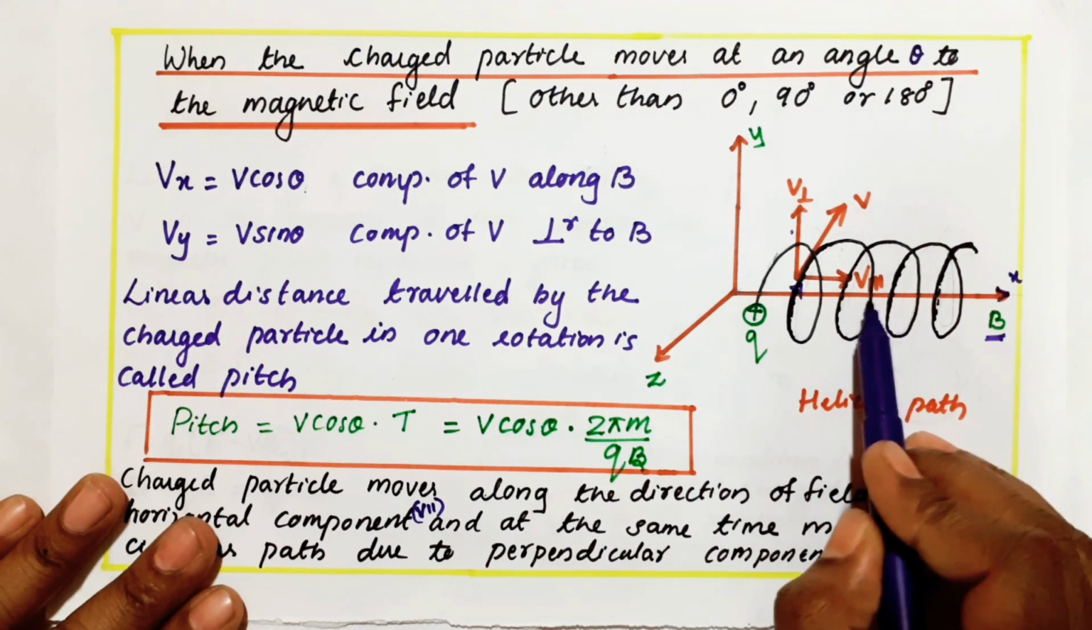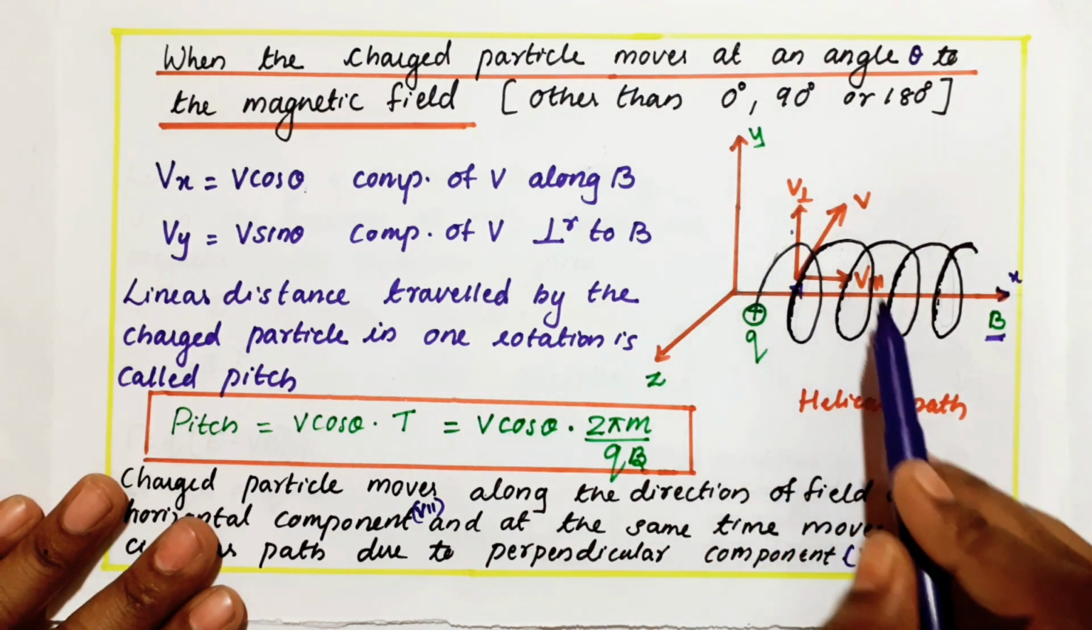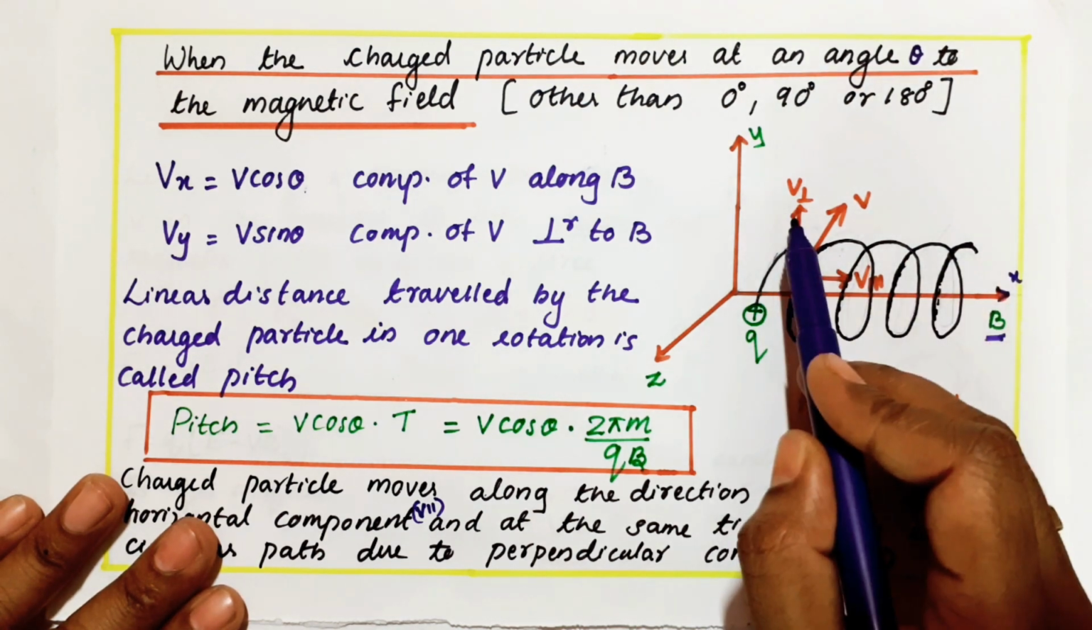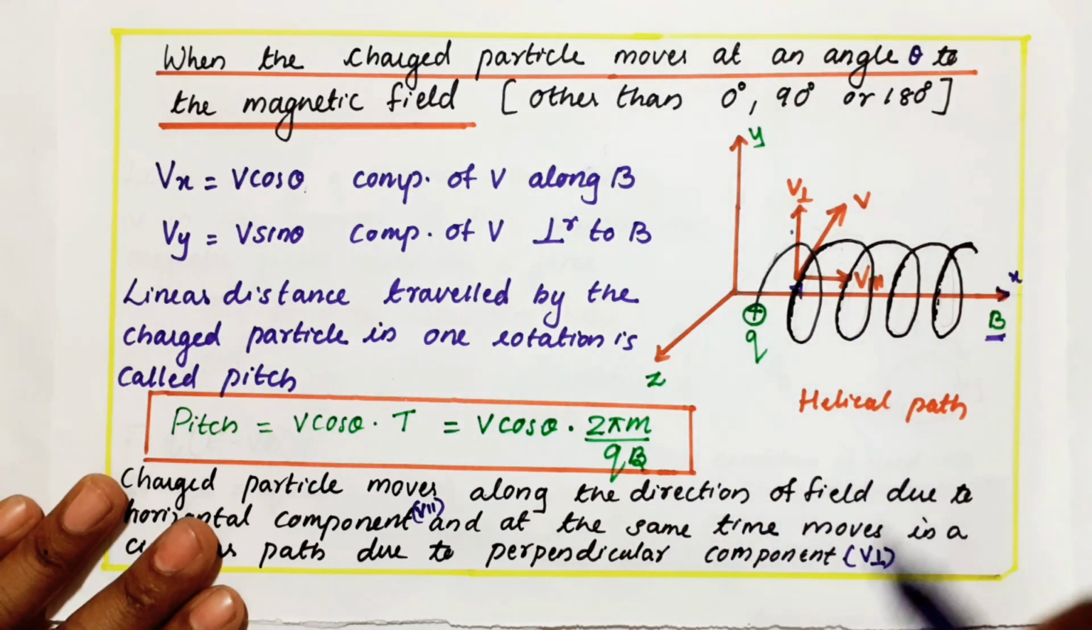See, I put V parallel, V perpendicular. V parallel helps the particle to move forward, and V perpendicular helps the particle to move in a circular path. So I need to tell, when a particle is moving in a magnetic field at some angle other than 0, 90 or 180 degrees, the particle will move in a